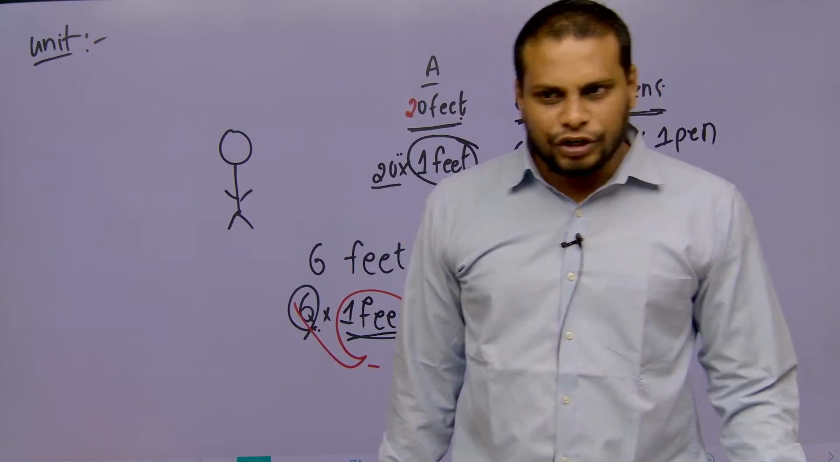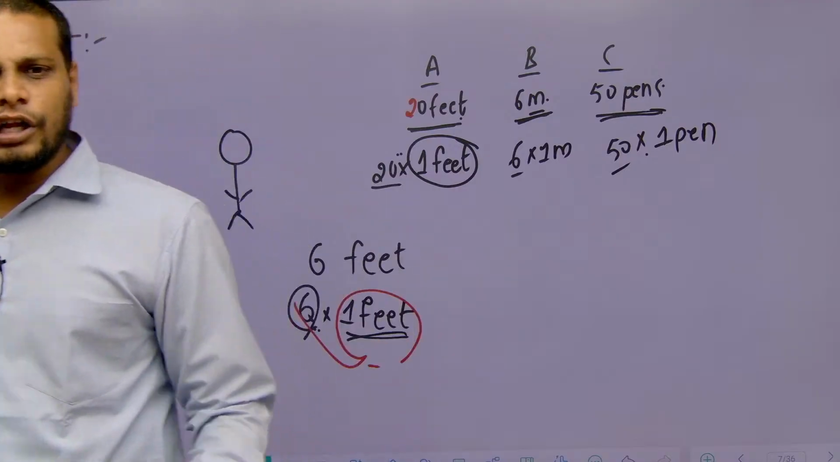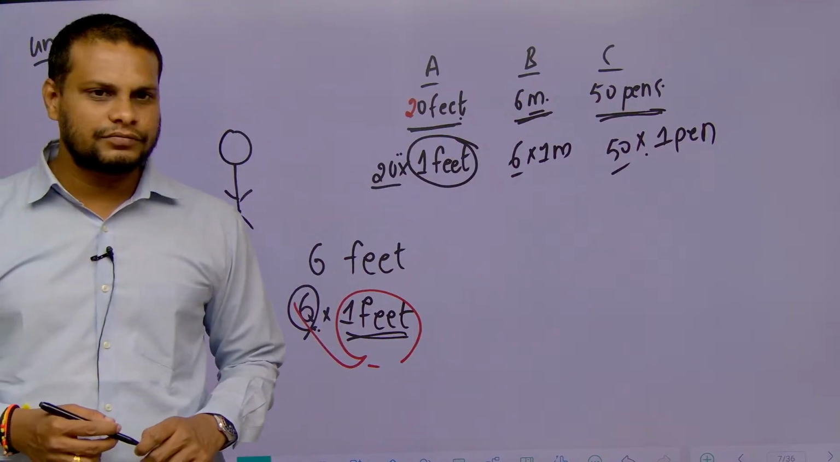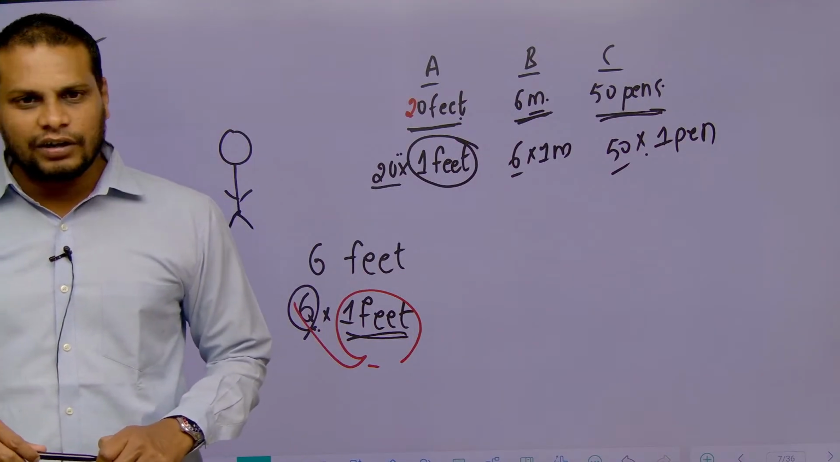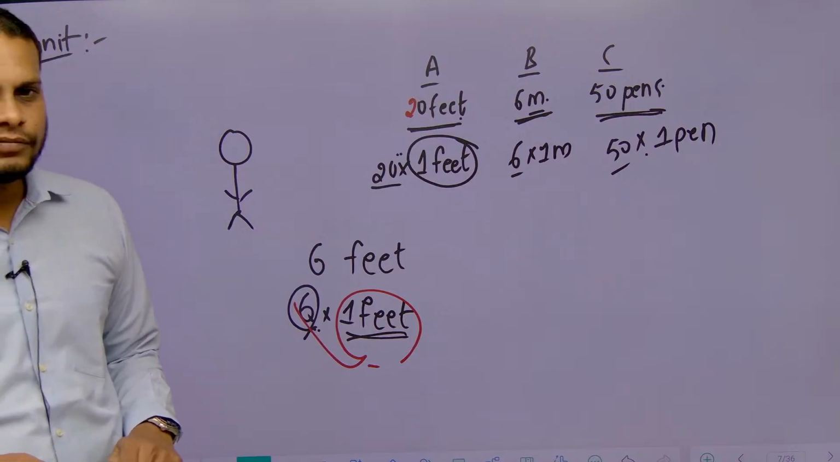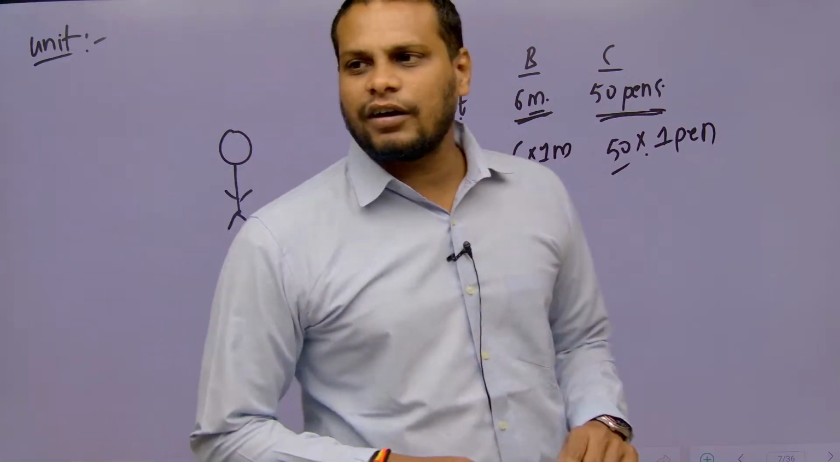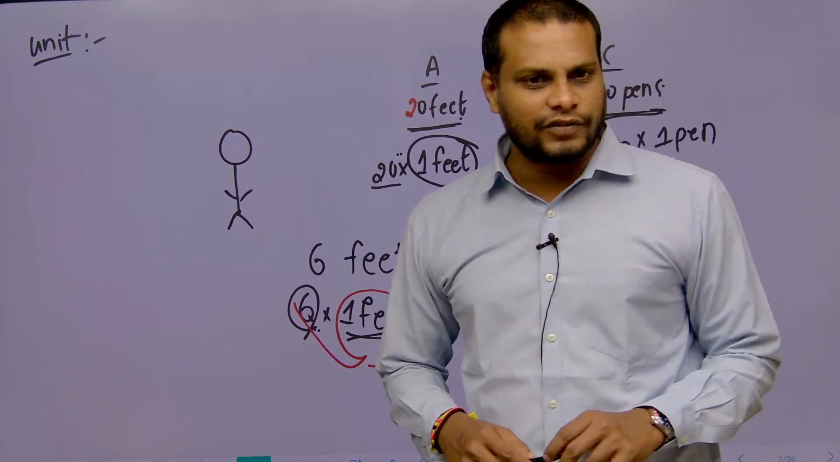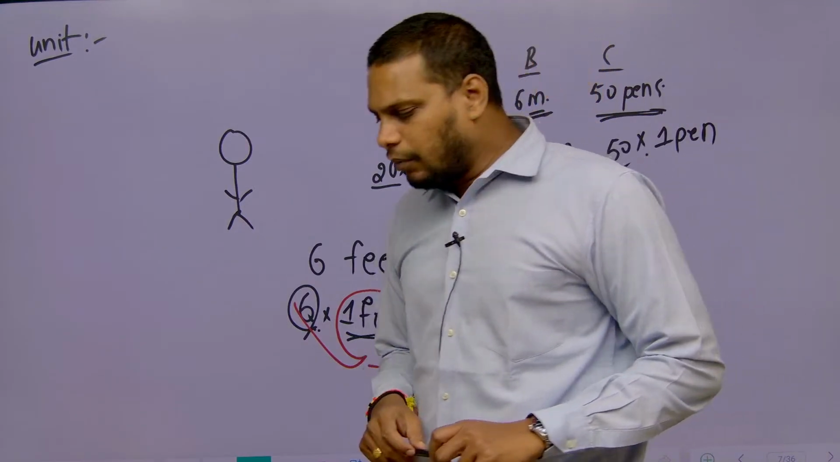Right? So a unit should be something that is accepted internationally. It should be rigid and accepted anywhere. So these are the kinds of things we have to use. But